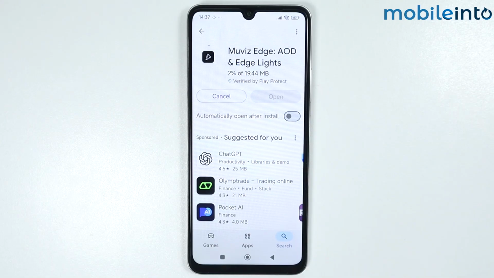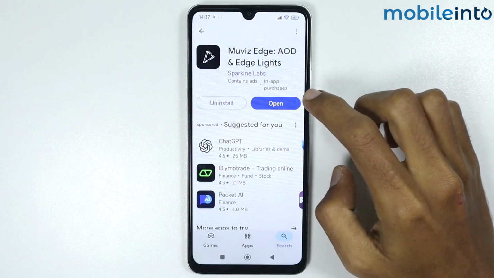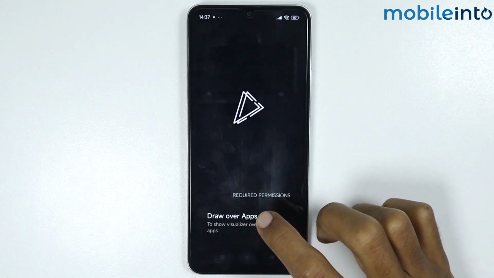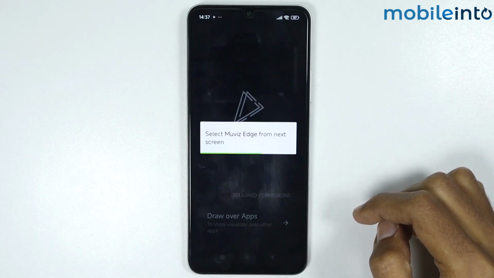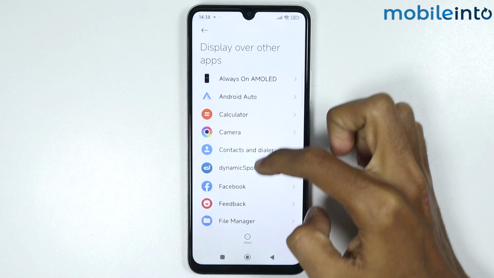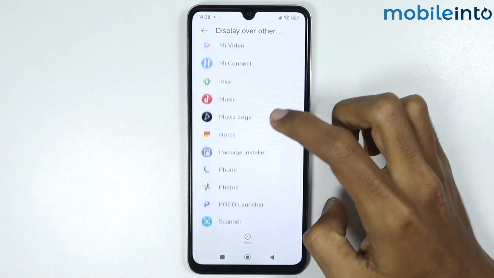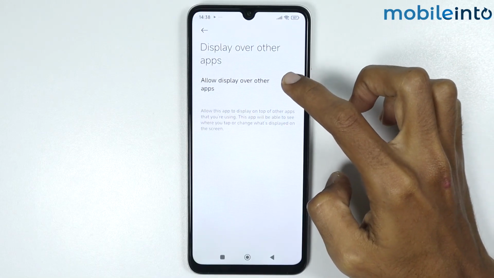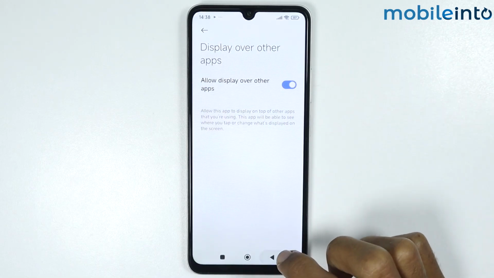Now it will take a few seconds to download the app, and once the app is fully downloaded, tap on Open. Now from here, tap on Draw over the apps. Now from here, scroll down and tap on Movies Edge. Now from here, just enable this option. Now go back